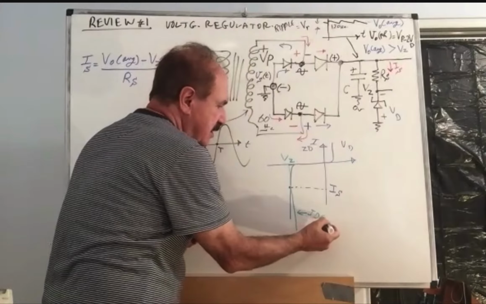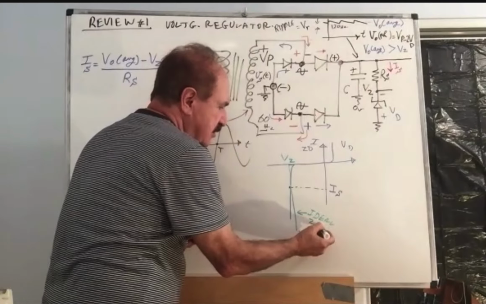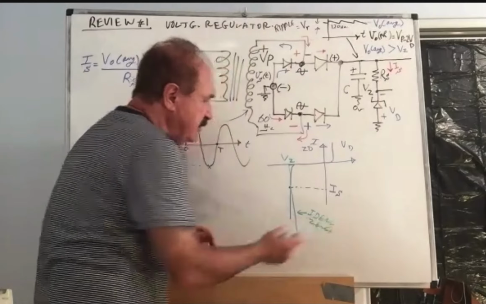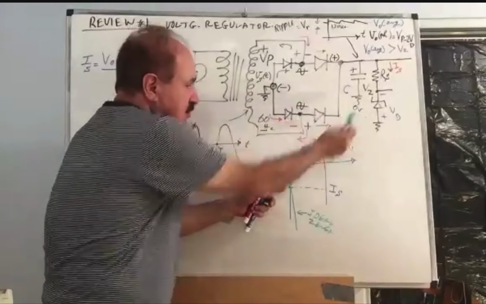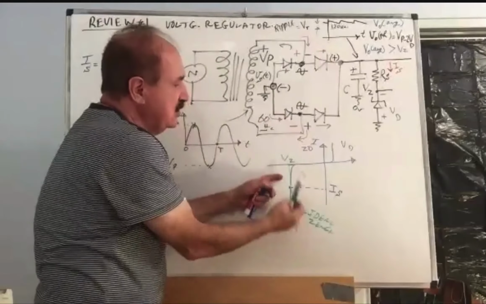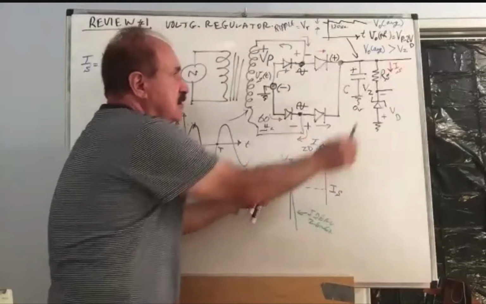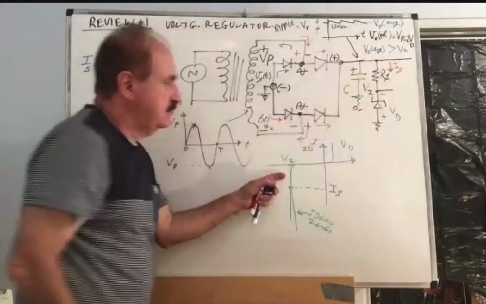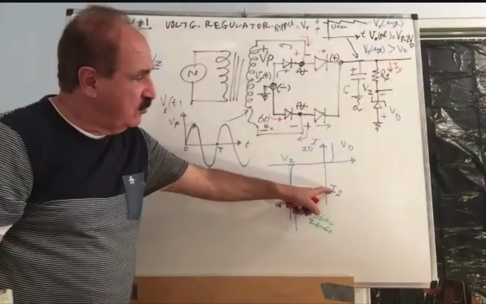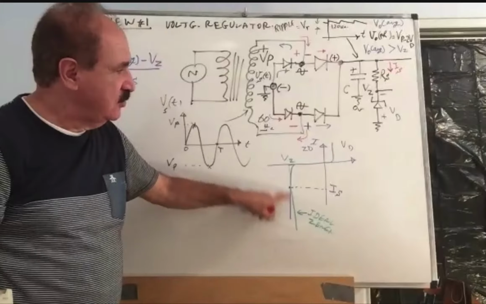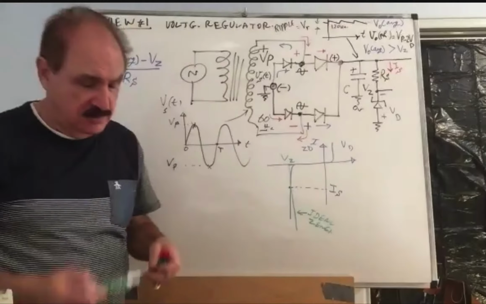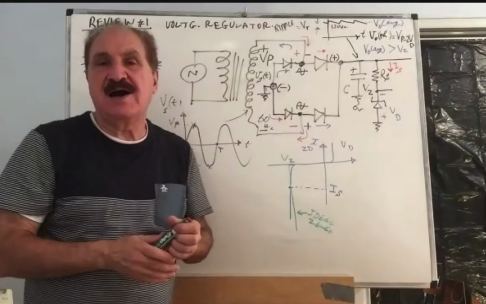Ideal Zener. If it was an ideal Zener, no matter how much is the current in the Zener diode, you would always see a constant voltage across the Zener. Because if you move IS up here or down here, if you project on the green line, you will read the same voltage. That is called ideal